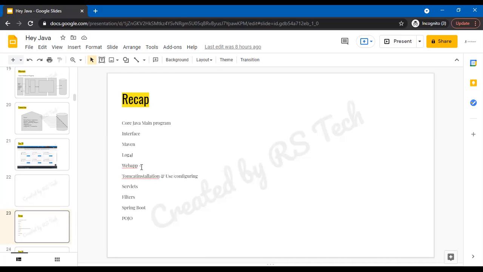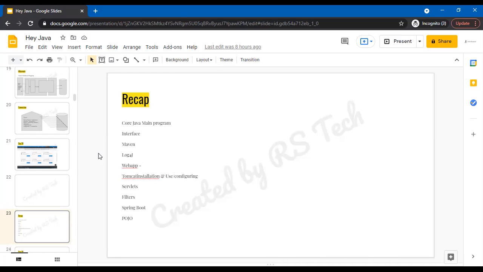You have to be thorough in servlets to understand the rest of the things. So there is no point in just knowing Spring or Spring Boot without knowing how a servlet works. That is why I took in detail about servlets by converting a plain Java object, a POJO, to a servlet and making it enabled for requesting, for accepting the request through the web. And then we applied the filters to the servlet. Filters are the ones which restrict the URL to the browser.